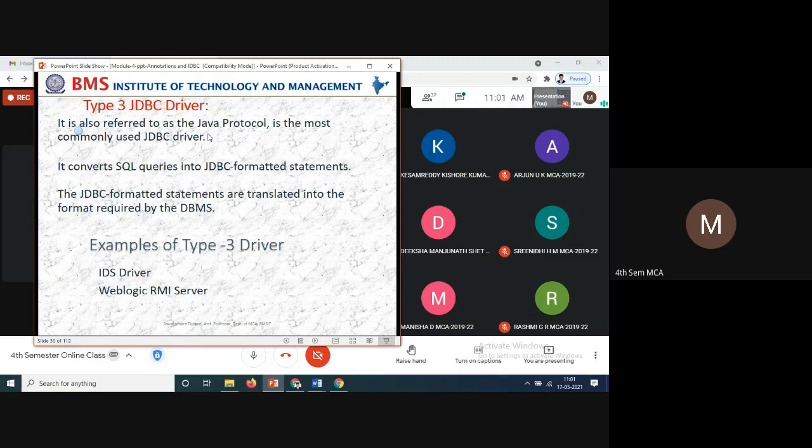This converts SQL queries into JDBC formatted statements. If the required format is converted by these drivers, then only your program will work.